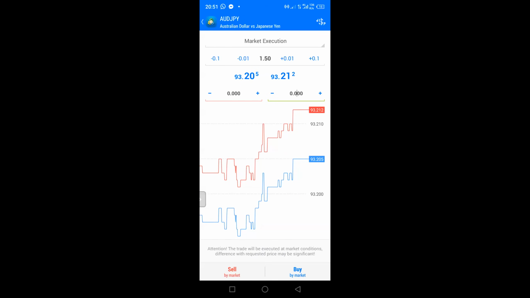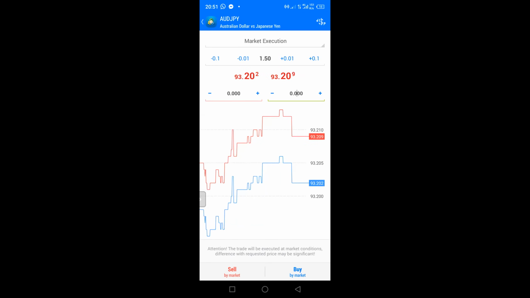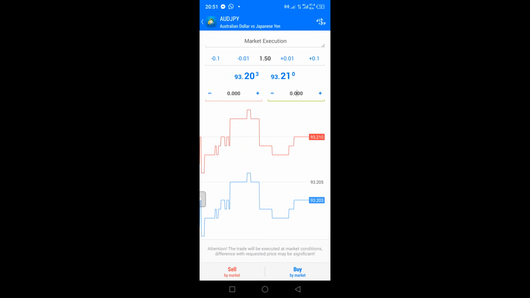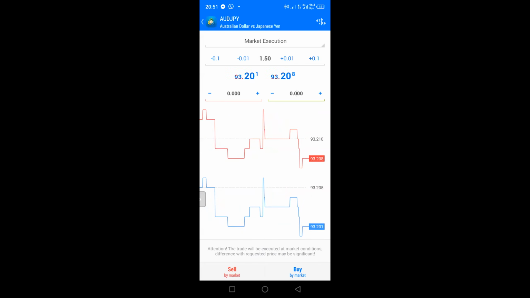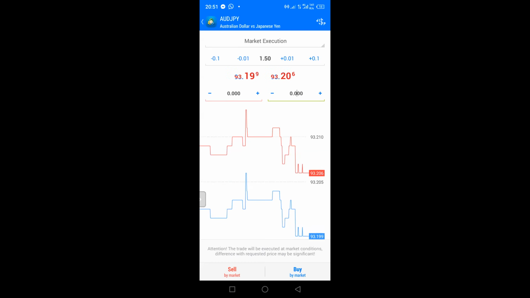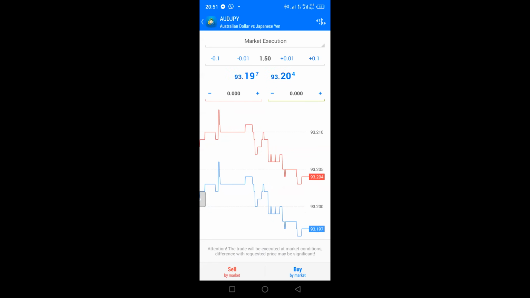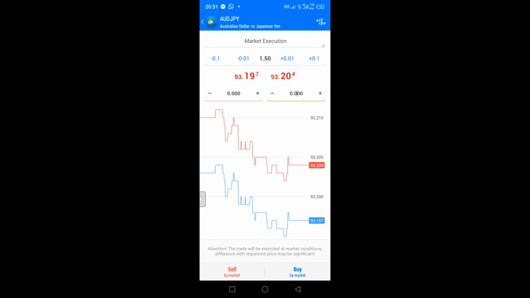And that is because these are under market execution. Remember, underneath the blue banner up there, what I have there is market execution. So market execution is like going to a supermarket. You don't bargain in the supermarket. You just go, the price is there and you pay exactly what it is. So if the price is 93.19 and I'm willing to buy at 93.19, I just click on buy, but I'll choose the lot size I want,